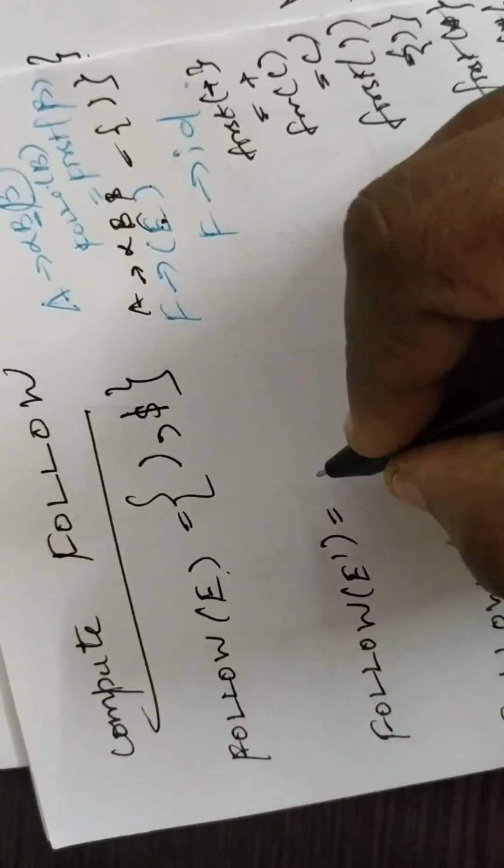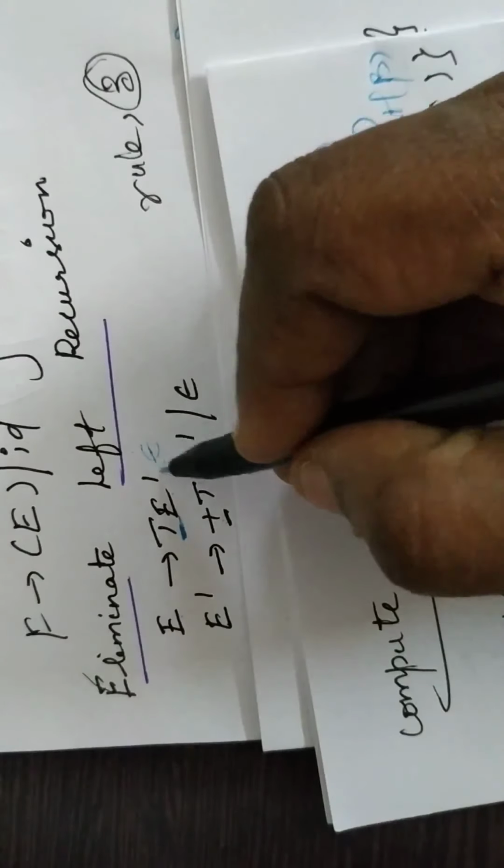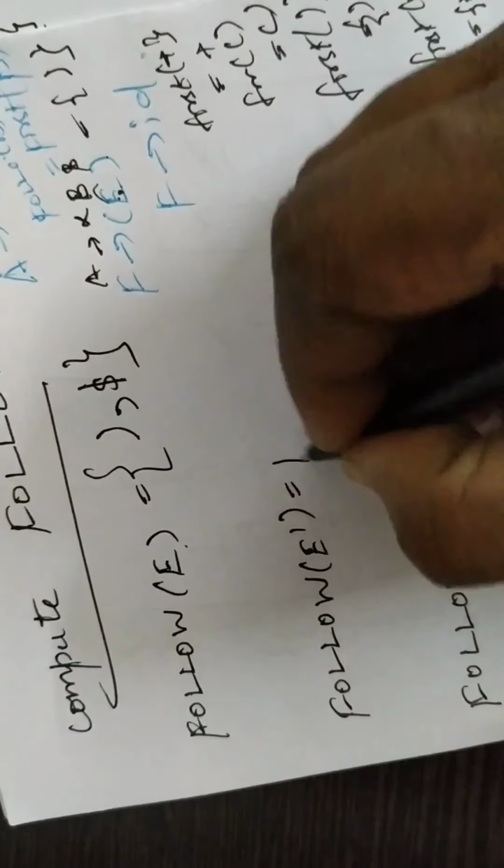So write follow of E dash. What is follow of E dash? Follow of E dash is nothing, epsilon here, according to rule 3. So write follow of E dash is follow of